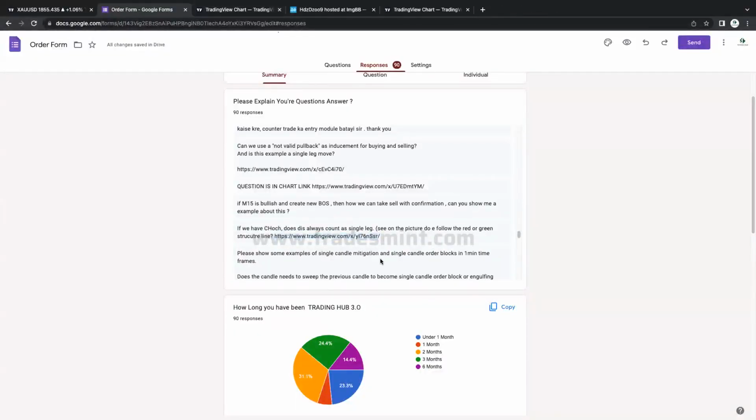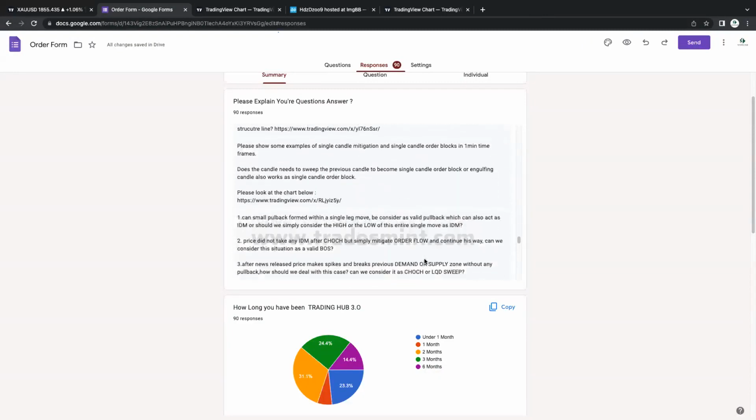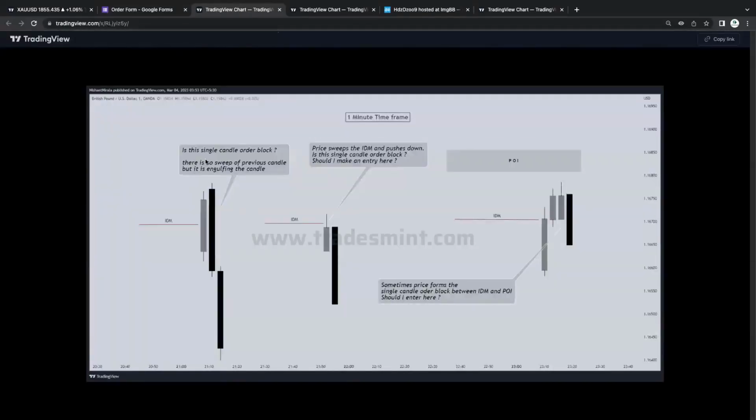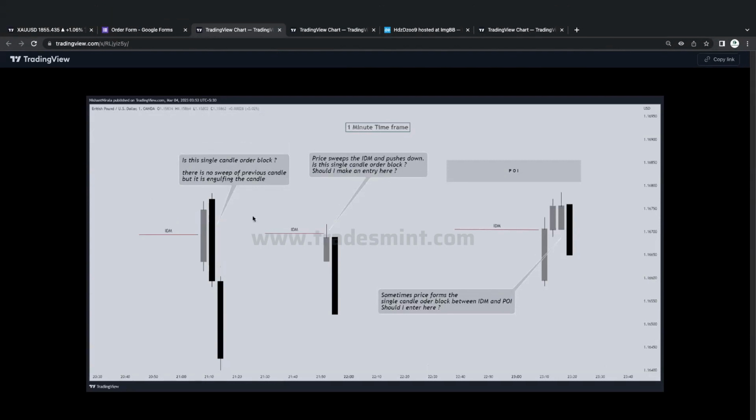Please show some example single candle mitigation, single candle order block in 1 minute time frame. Sirs, I mentioned and explained single candle order block so many times. This is a single candle order block. This is not a single liquidity. So in this case, this is our single candle order block,